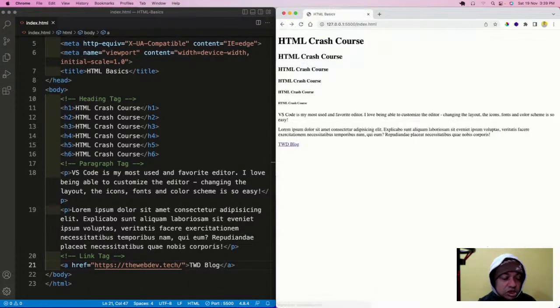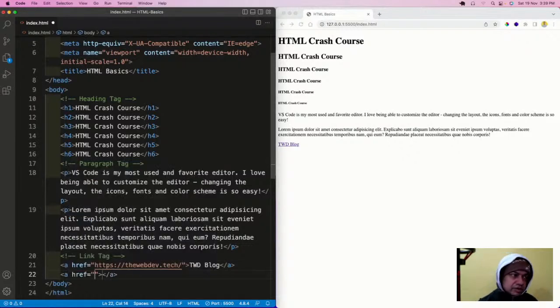Actually, this is not a good user experience. The good user experience is that it should open in a new tab. And for that we have to do one thing. Okay, so again I will give this thing, and then what I will give, okay,